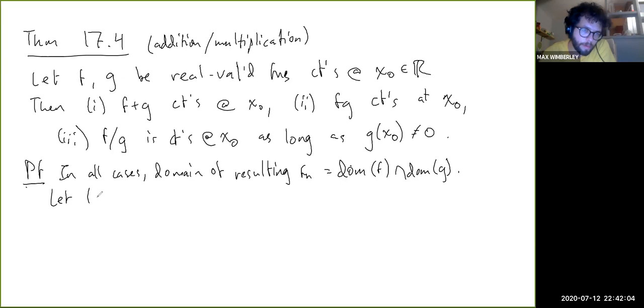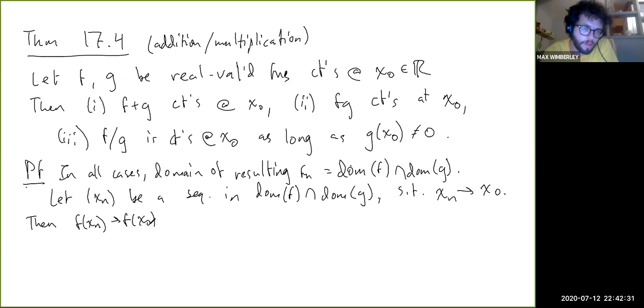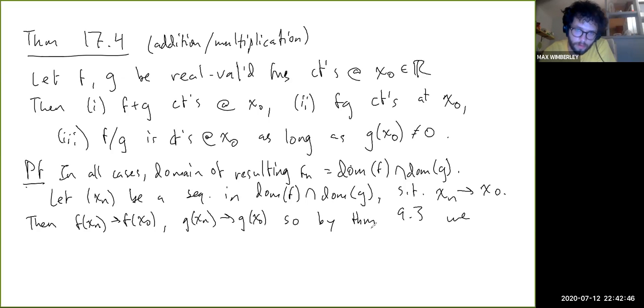So let xn be a sequence in the domain of f intersect the domain of g, such that xn converges to x naught. Okay, so then f of xn approaches f of x naught, and g of xn approaches g of x naught. So by theorem 9.3, we have